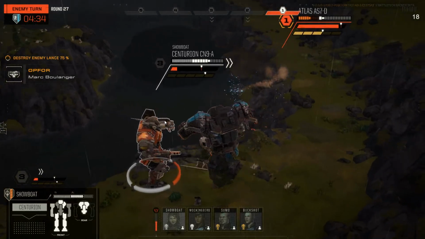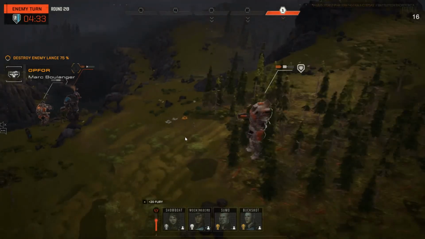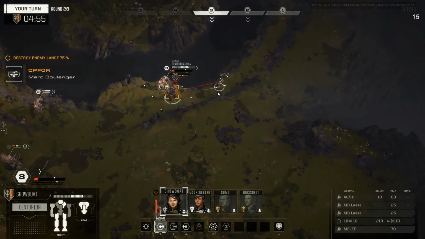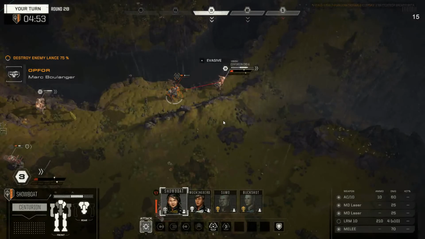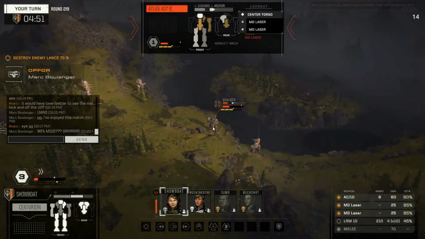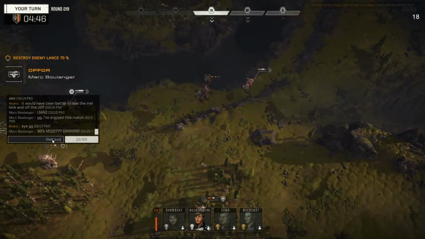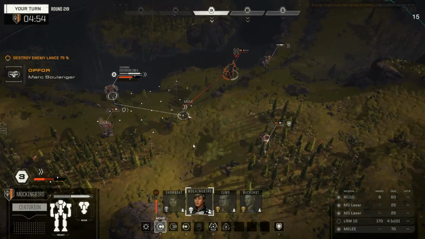Is he gonna punch this? Ooh. Oh, unlucky. Absolutely unlucky there. Good to go. I think we just move to this side, shoot you on the side. Moving to position. Here we go. That sucks. That sucks. Big time. That would have been a pretty good...